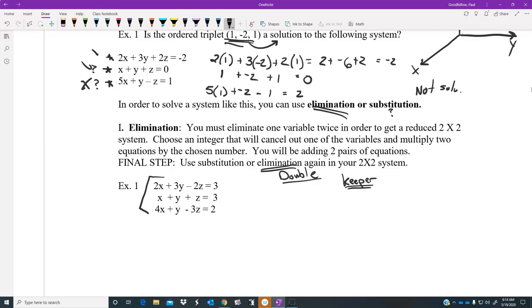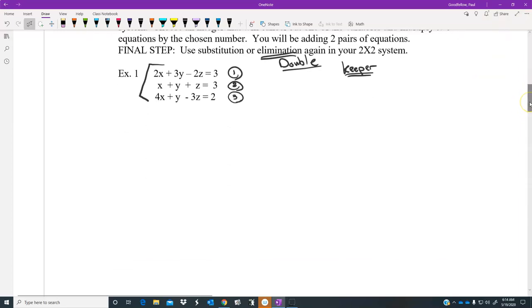So there's two sets of elimination. Now, I'm just going to label these three equations as equation number 1, equation number 2, and equation number 3. And I'm going to find a way to eliminate the same variable in both equations twice. So let's say we were looking at these two here, and ask yourself which one seems like the easiest one to eliminate. Well, the one that matches up probably the easiest is the y's,